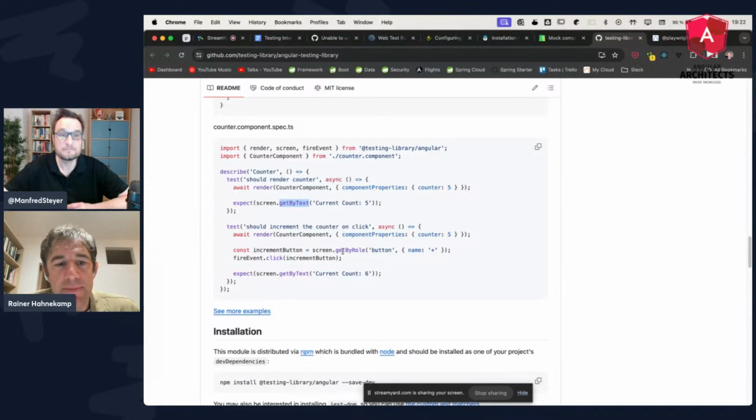And in my experience, those two things, the change detection and the asynchronous tasks, are one of the hardest parts. So if the testing library takes them away, that's already a very big win. Awesome. Good that we have such libraries that abstract all of this. Yes, yes.